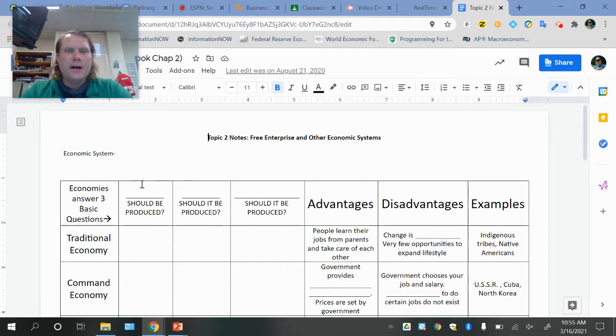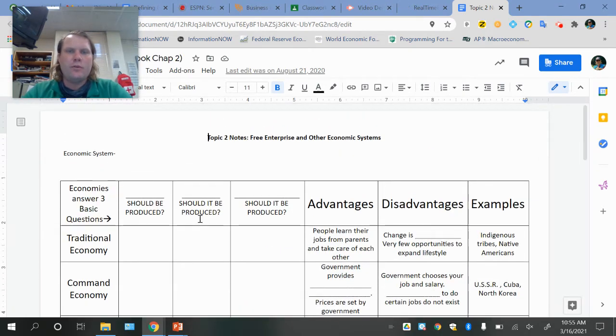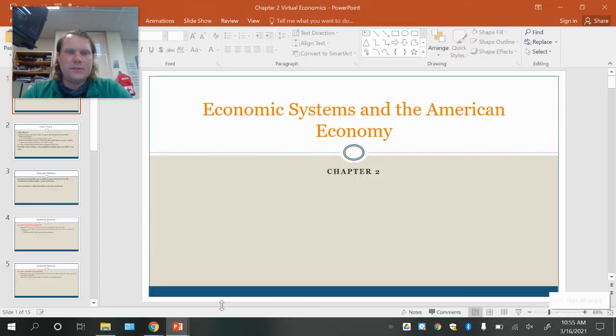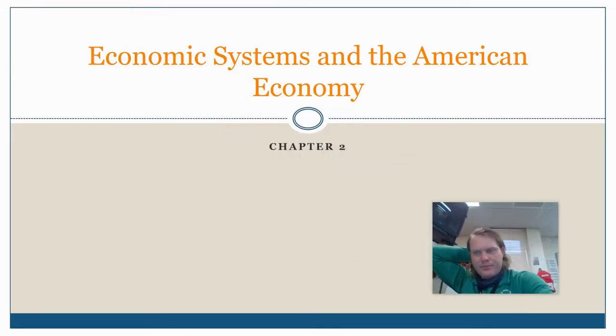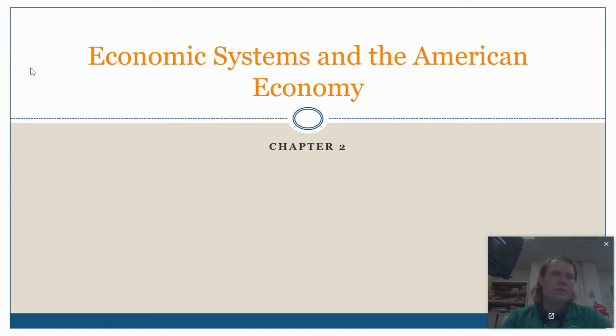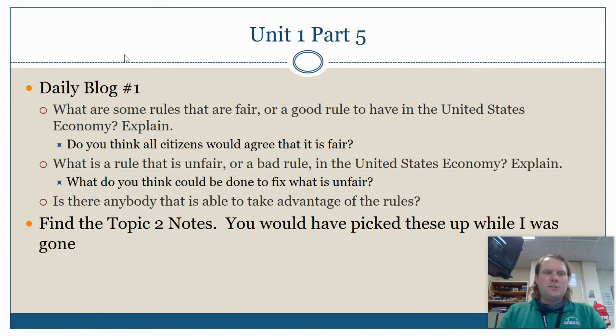Unit 1, Topic 5, Part 5. And here's what your notes look like. So we're going to fill out this front side today. We're talking about what are referred to as economic systems, all right? And eventually we'll get into how the United States operates within the economy and some things that they've done and some ways that they've changed over the course of the last 250 years or so. So anyway, let's get started here.